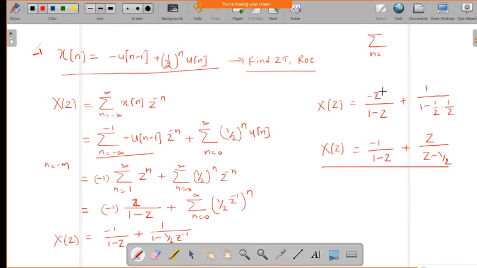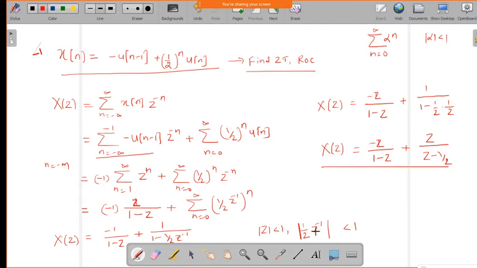Let me make a correction, it is z by 1 minus z. Okay, so if you know the sum from n equal to 0 to infinity of alpha power n, where alpha is less than 1, now we have to take the ROC, which is alpha less than 1. So here the alpha value is z. For this one the ROC is magnitude of z less than 1, and for this one, 1 over 2 into z inverse magnitude is less than 1.